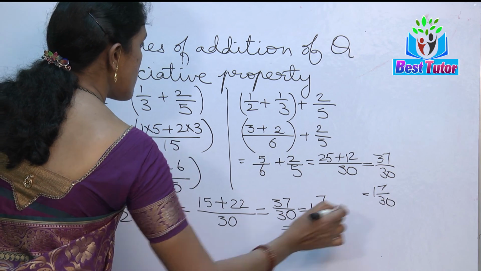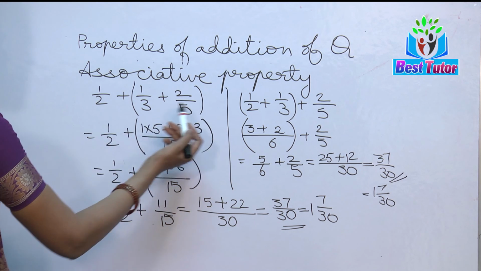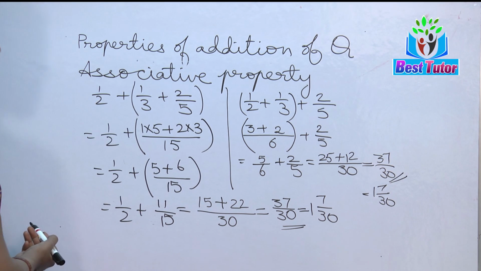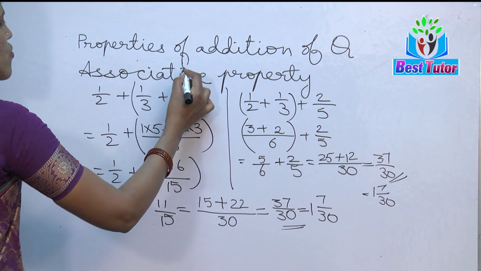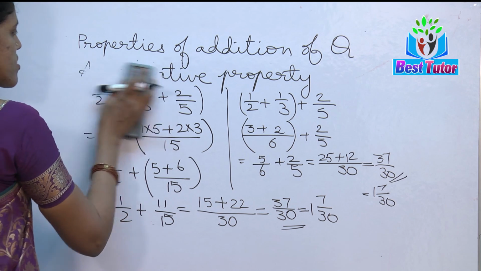So if we observe, the result remains the same whichever way, whichever order you group them. This property of addition of rational numbers is called the associative property. Moving on to the next property,